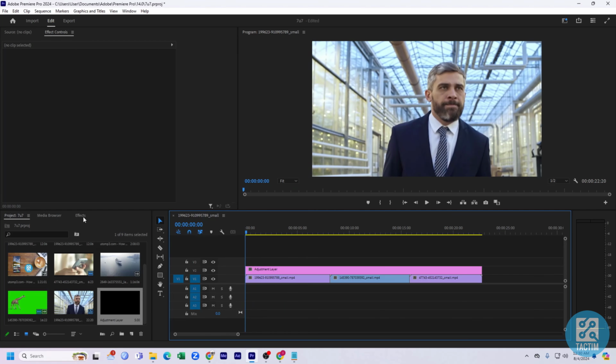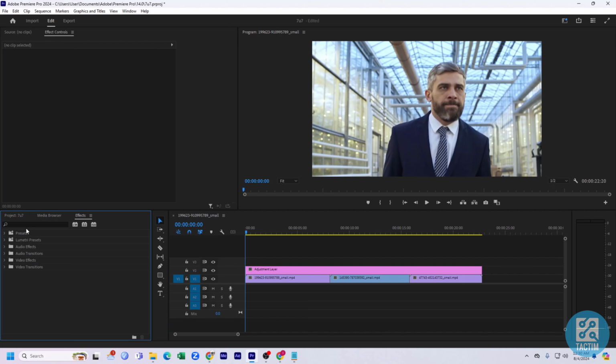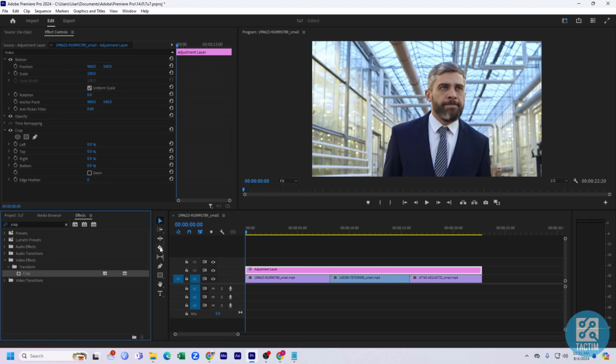Now here you can see effects. Click on effects and search here crop, and after searching for crop, here you can see the crop effect. Just select it and drop it here, and after dropping it here, you can see top and bottom there are two